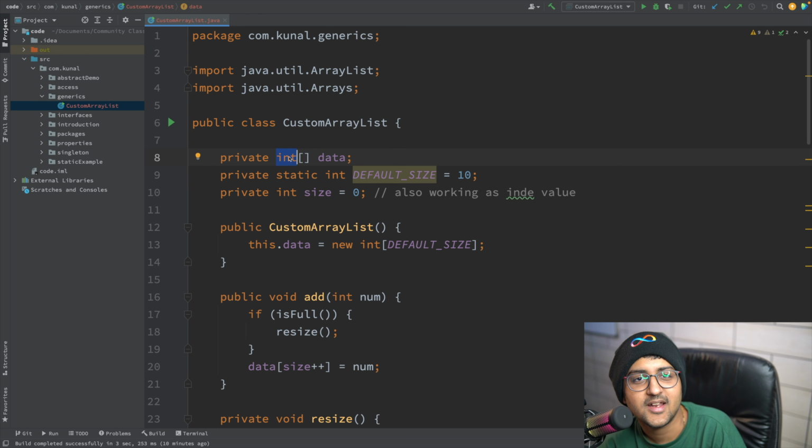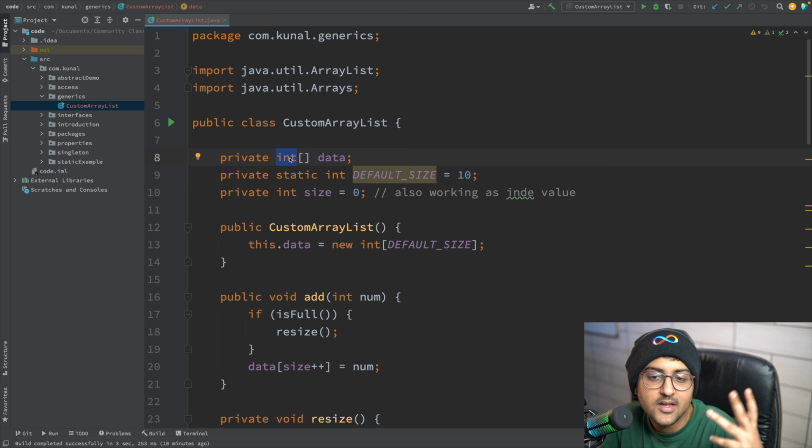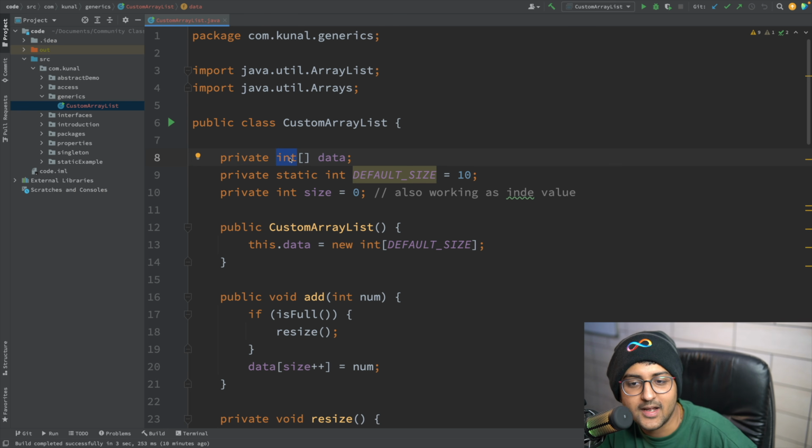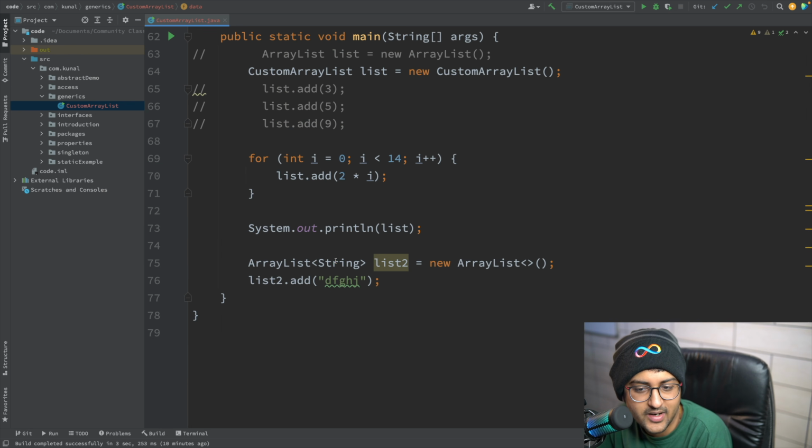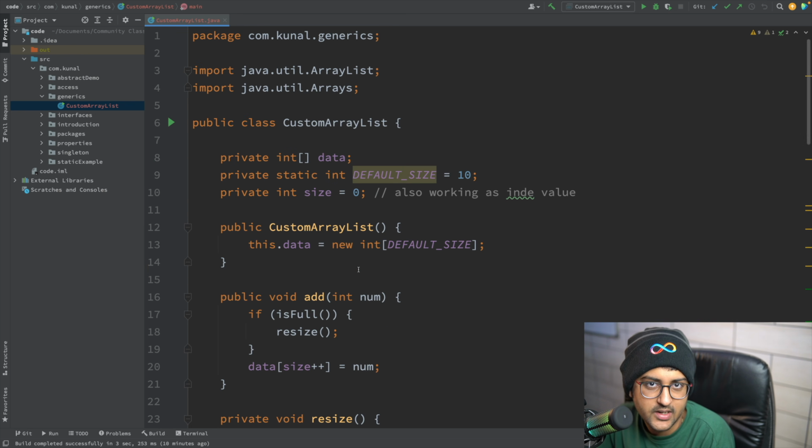If you want to create an array list that contains strings, copy paste this entire thing and replace this with string. But that would make my code duplicate so many times. Wouldn't it be cool if there was just a template and I can provide the type like the internal Java ArrayList provides? Okay, so that's the number one reason. I can reuse my particular code sample for various data types and even the data types that I create.